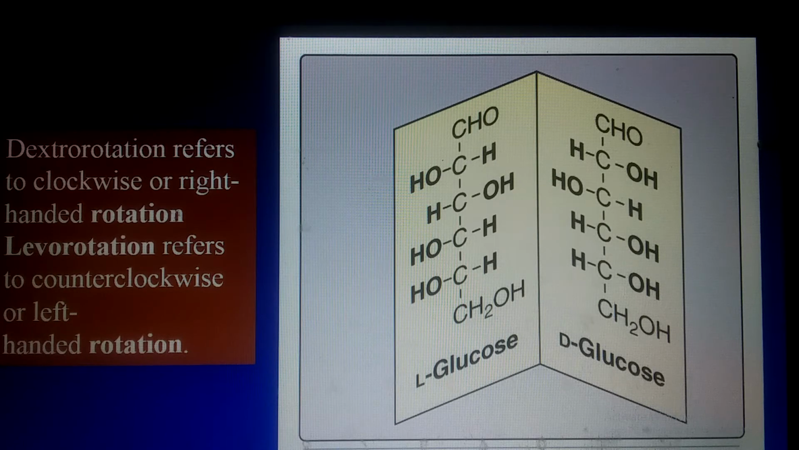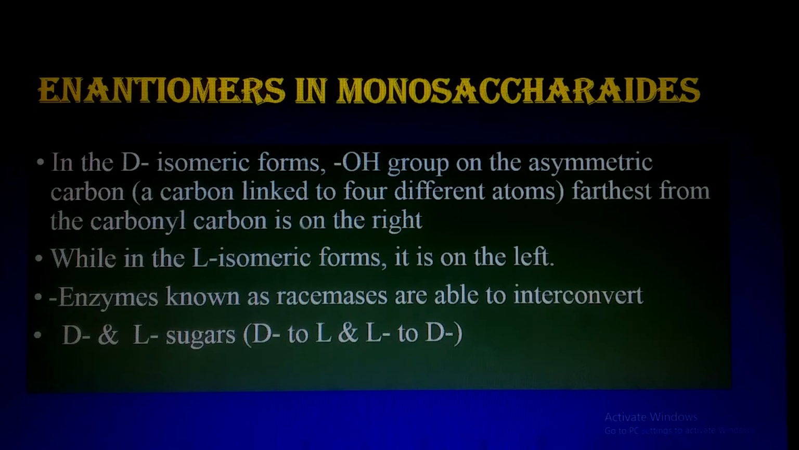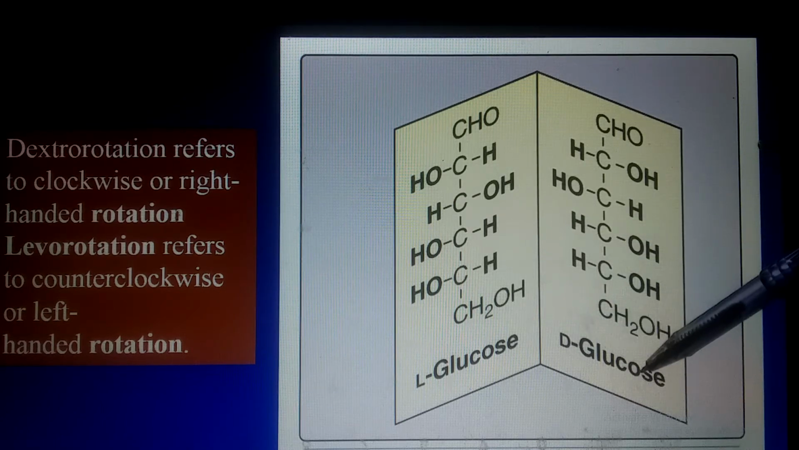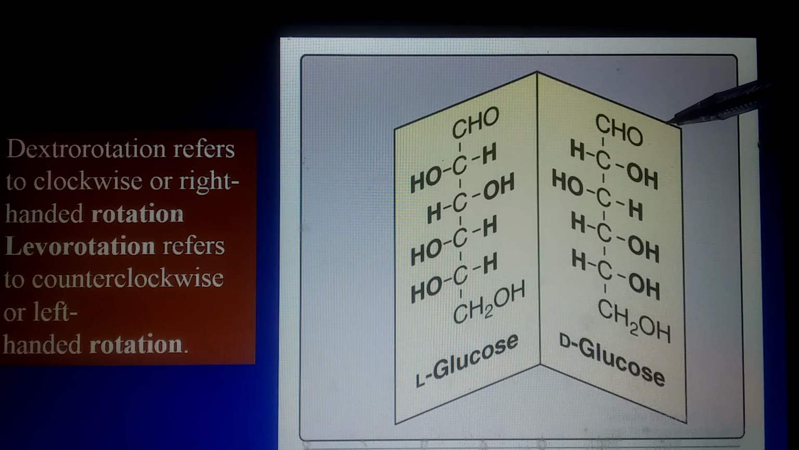This is the clockwise. So levorotatory refers to the anti-clockwise or counterclockwise or left-handed rotation. Concept clear now? What is the difference between the dextrorotatory and levorotatory? And this dextro and levorotatory sugars are because of the hydroxyl group which is present on the right side in D form. Now you can see here OH is present on the right side in the D form. This is dextrorotatory glucose, and OH present on the